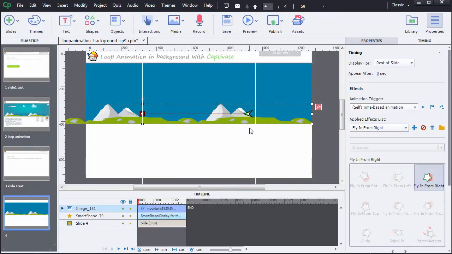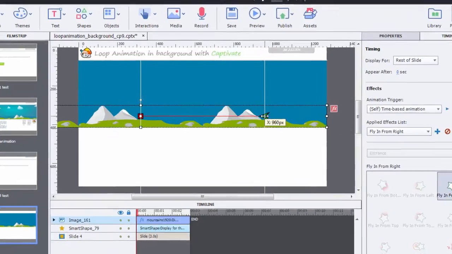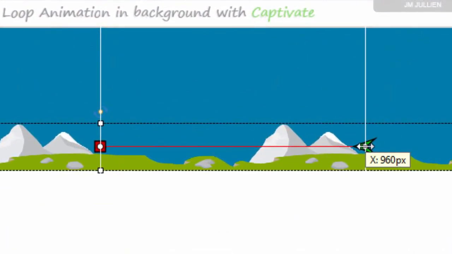Now we have a real difference of 640 pixels between the two guides. What I just have to do is to adjust the middle of the green arrow over the second guide. Once done, and that the beginning of the motion path is placed at 960 pixels, we have now a space of 640 pixels between end and beginning of the motion path as we wanted.